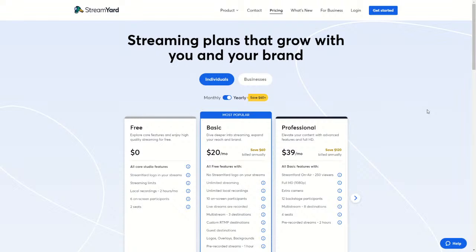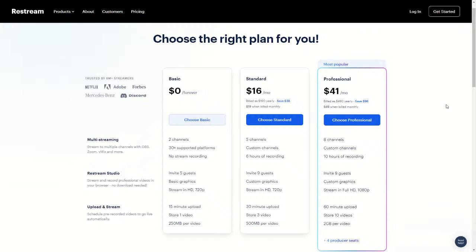I guess let's have a look at the Restream options, because 6 months ago, I was looking at both of these, and at the moment I'm only using the standard option, which is about $16 per month, based on the yearly amount. I believe that one is, but essentially with basic, you can stream to 2 different channels. They've got 30 plus supported platforms. They don't actually record the stream, which is interesting. I didn't know that about the basic one, but that's worth keeping in mind. There's a good chance, depending on where you're streaming to, you could still download a version of that stream from YouTube or whatever. So if you are really cash strapped, that could still work for you.